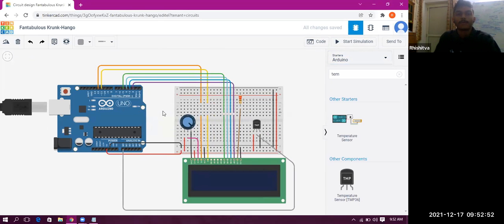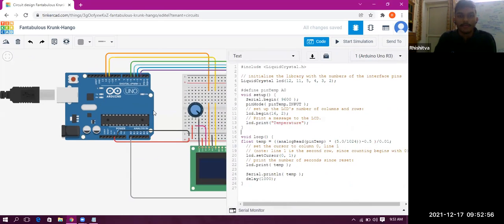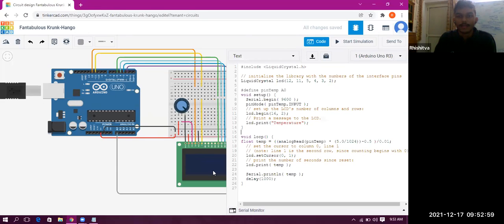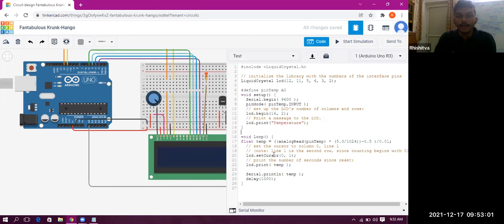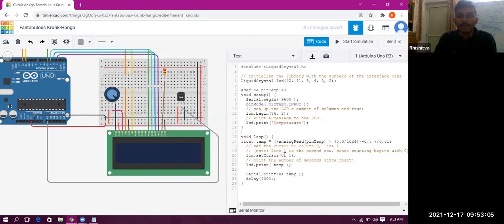Okay students, you can ask doubts from the coding part, or from here. Let's say in the last class we changed this set cursor. Let's say I want my temperature value in the center. I change my column; the row will be the second one, that is 1. Let's say I take it as 5: I remove 0 and put 5.